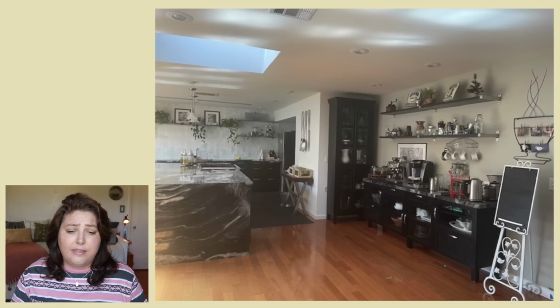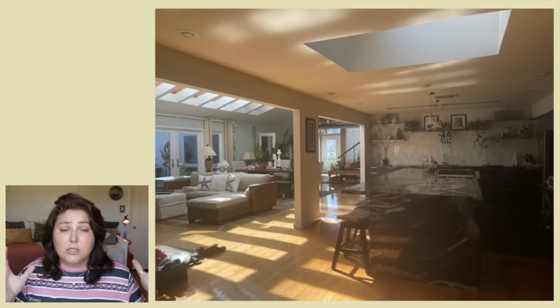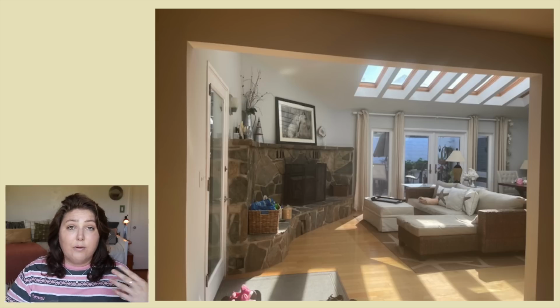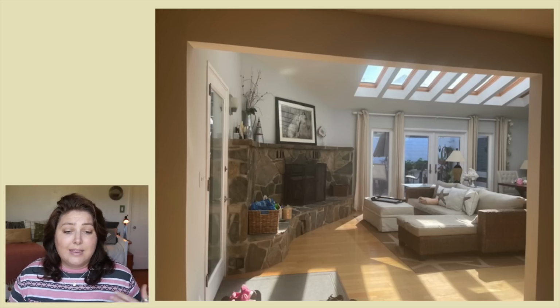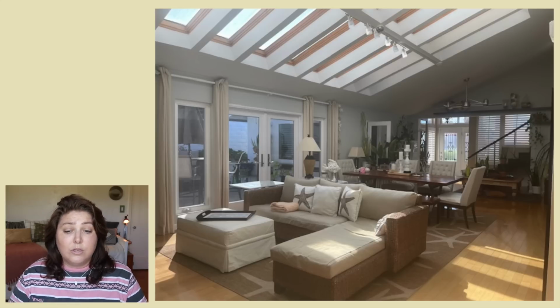I like the backsplash in the kitchen. I think that's great texture. I think the floors have a great vibe as well as the flagstone. And I just feel like the color palette is very minimal. It's a good neutral place to start, but I would love to add some color in the space. And I think adding some texture or pattern to your rug and your throw pillows even would totally change up